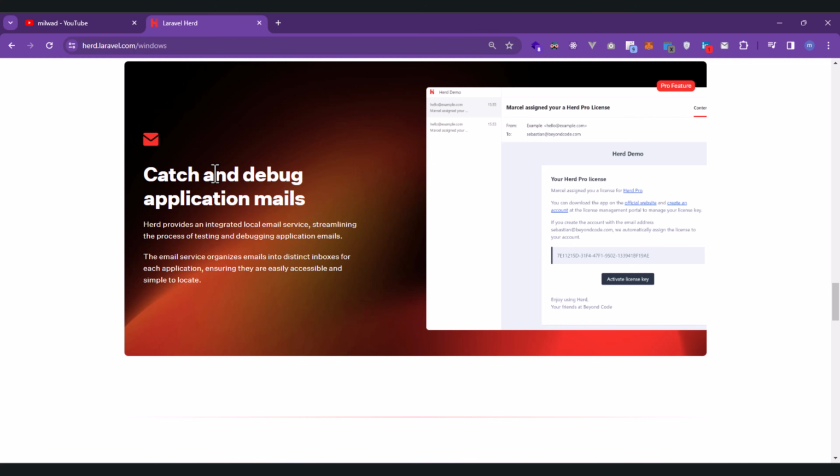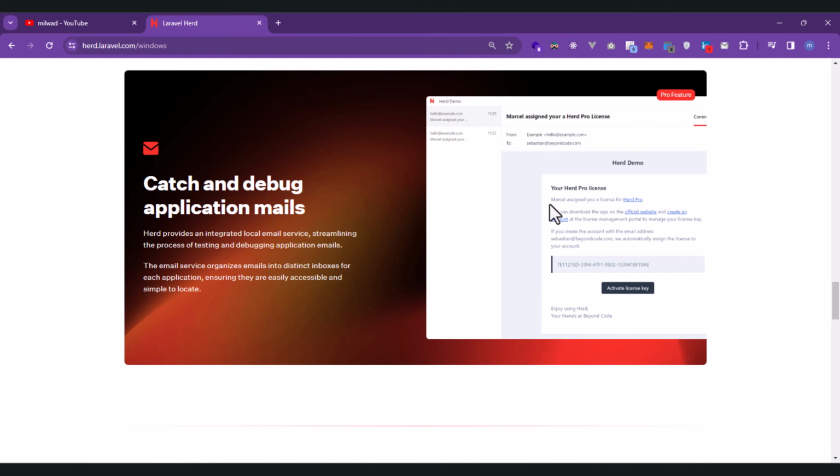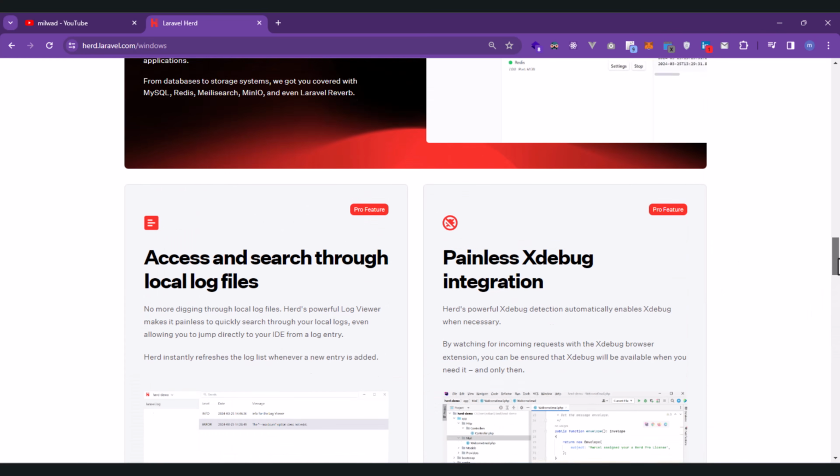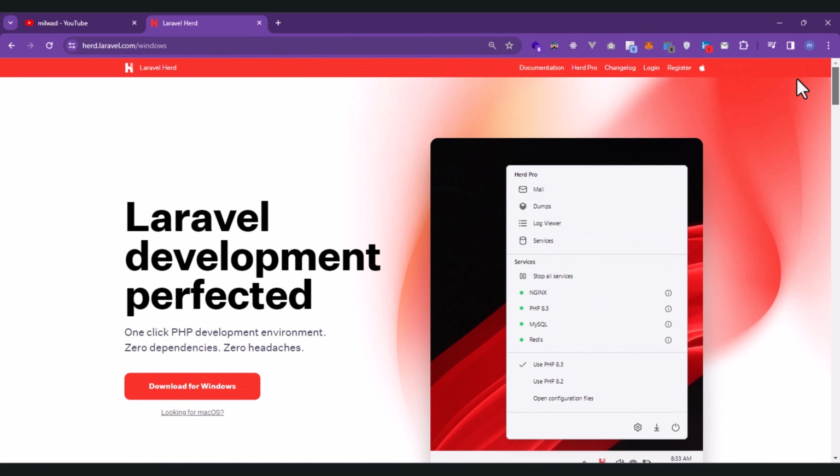You need, for example, if you don't use Laravel Herd, to use Mailhog or Mailtrap. But Laravel Herd adds a feature for managing your mails, and we don't need another app for mails. So this is one of the features of Laravel Herd, and you can see this box. You can click